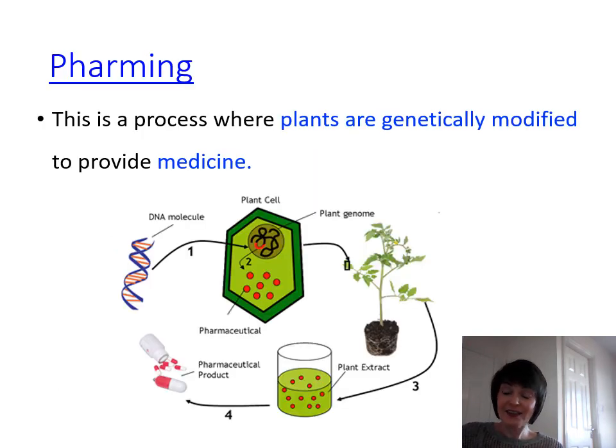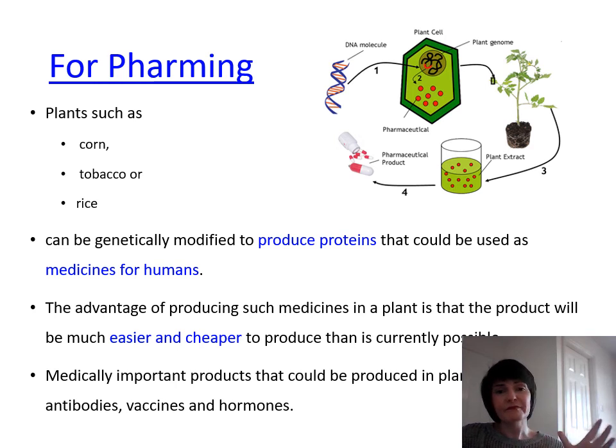The last thing that we're going to look at is a term called pharming, and the definition of it is the process where plants are genetically modified to produce medicine. So you're not looking at your bacteria, your yeast, we're actually looking at plants, and we are genetically modifying plants in particular to produce medicines. For pharming,